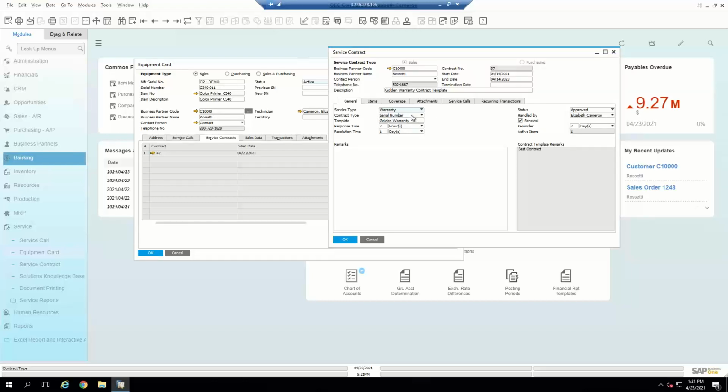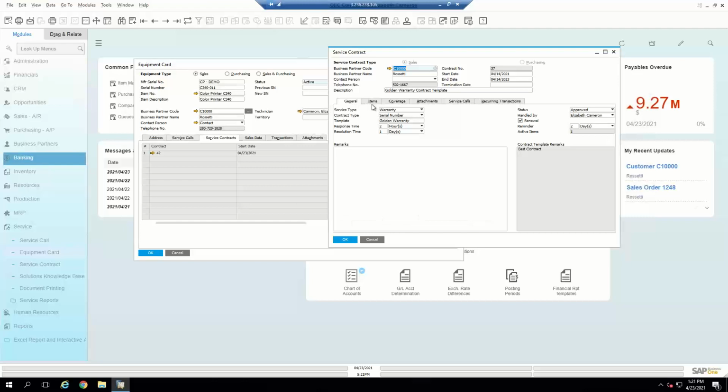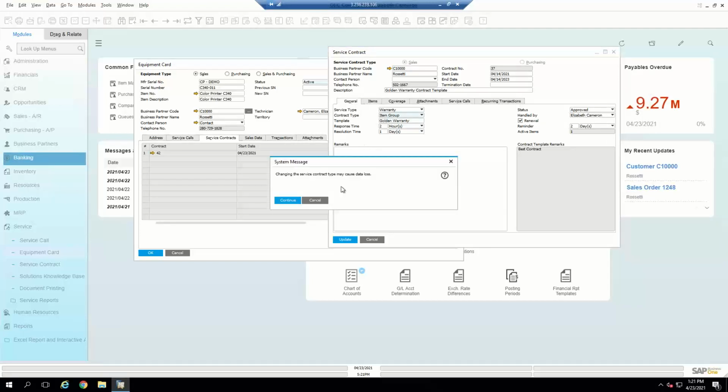For contract type, there are 3 different options. So these are the 3 different types of coverage. Depending on what's selected here, you'll notice that the item tabs adjust as necessary. So since we have our serialized number selected here, we will be offered coverage for that specific item. However, we can select it by item group,